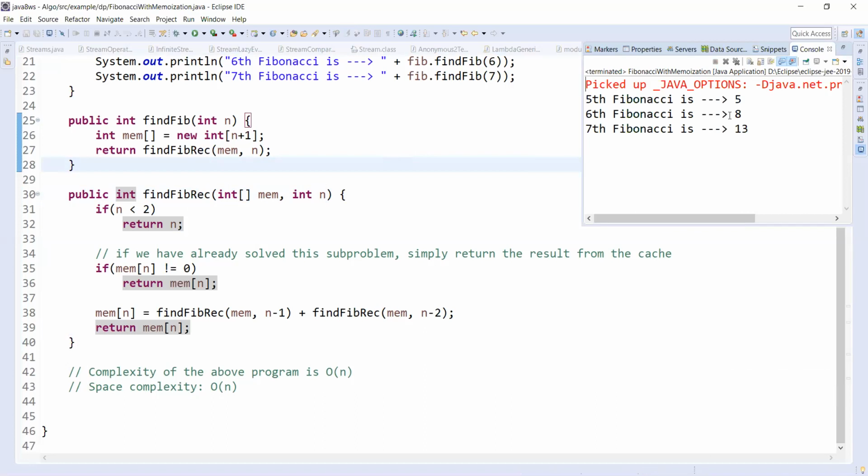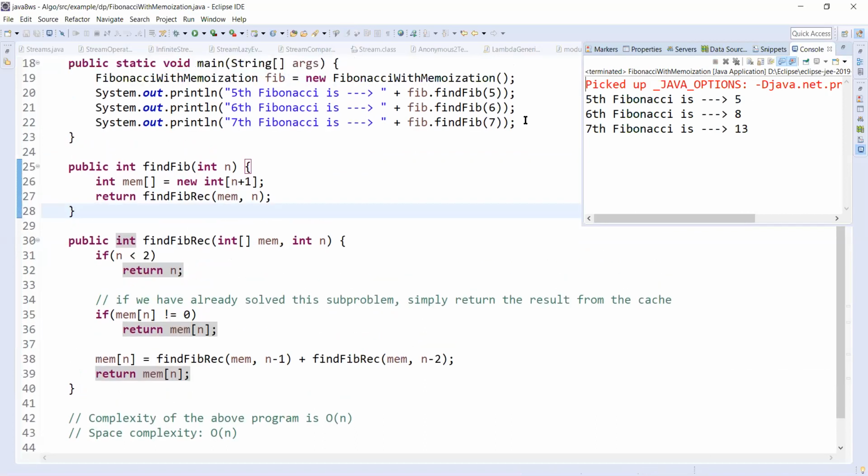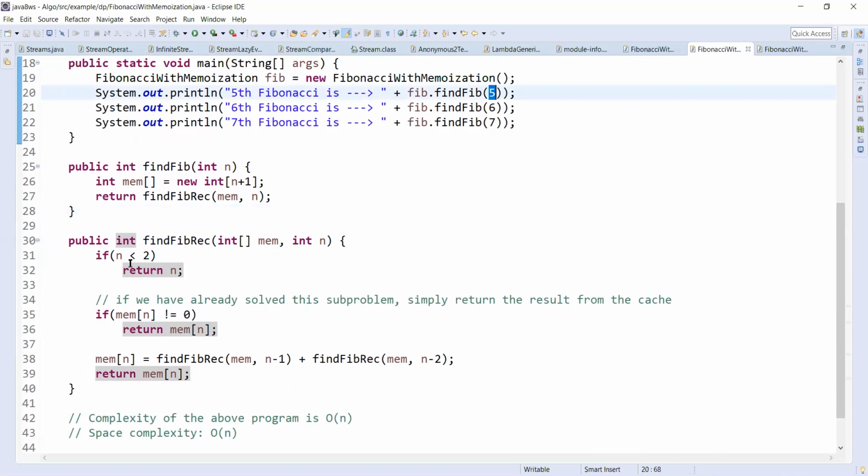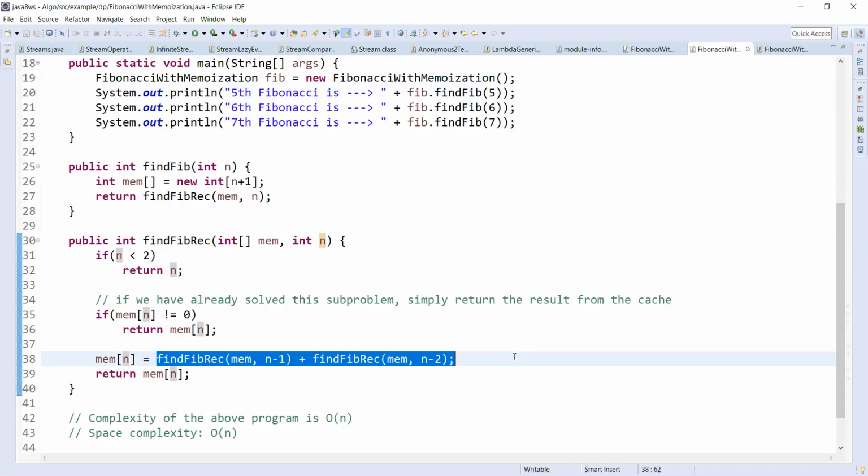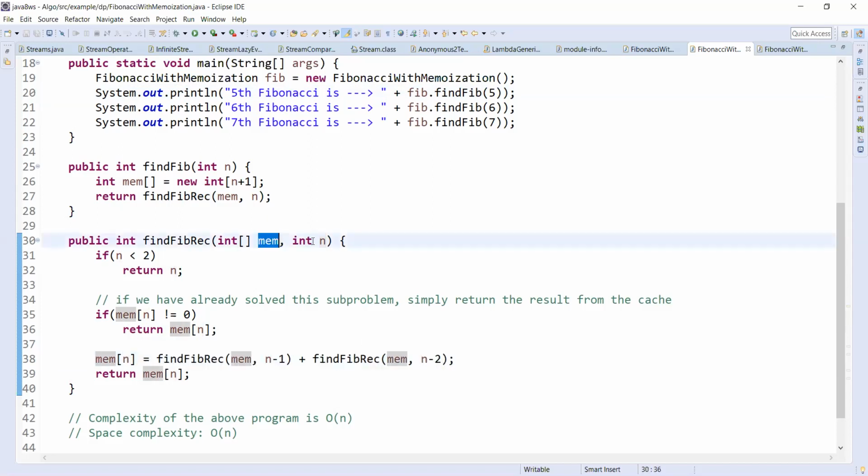For example, we take the 5th Fibonacci. We come here, it is not n less than 2, and it is not yet saved. So then we call find Fibonacci of 4 and 3. This method will be called as it is in recursion. When we count the 4, it is not saved yet, and again we call 3 and 2.